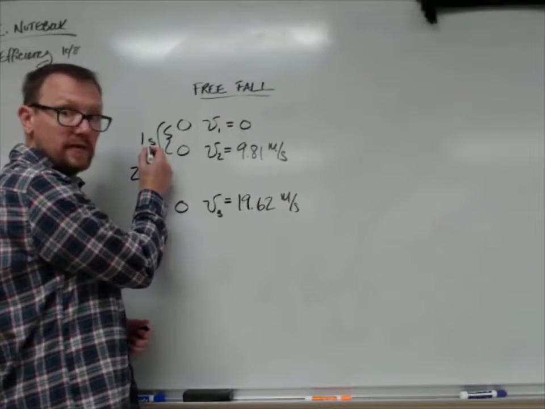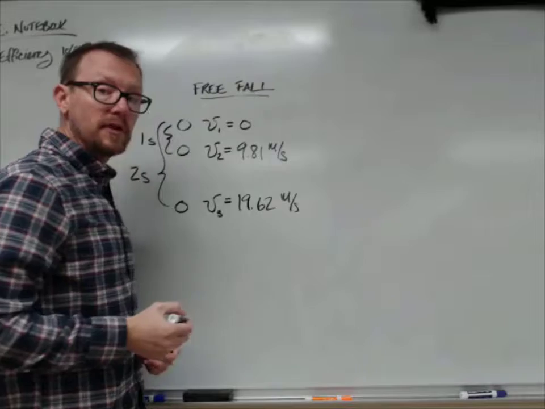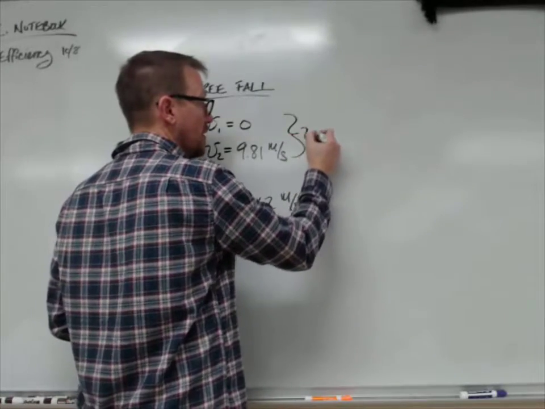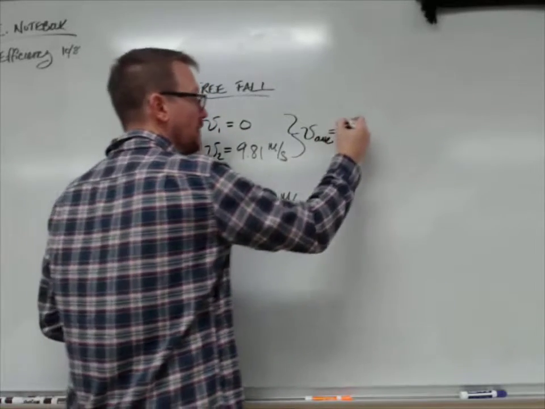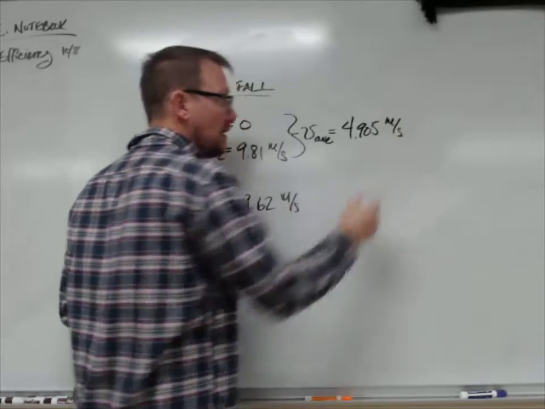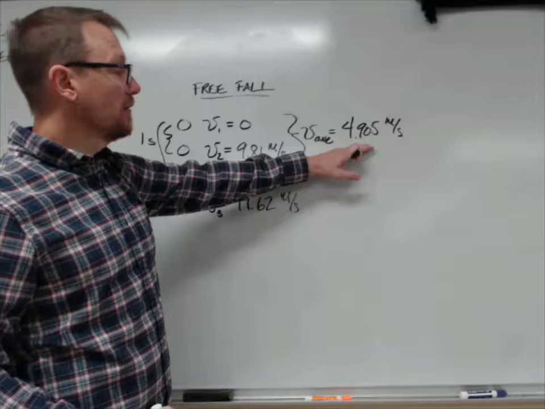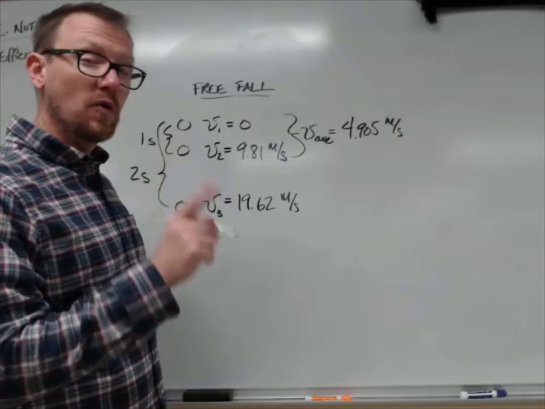It travels for 1 second. It starts at 0 and it ends at 9.81 meters per second. So on average, during this time, it was traveling at 4.905 meters per second for 1 second. And so if you travel at a velocity of 4.905 meters per second, and you do so for 1 second,